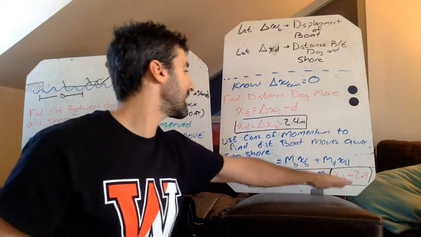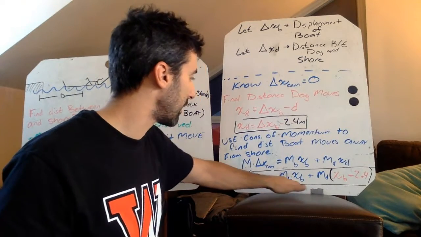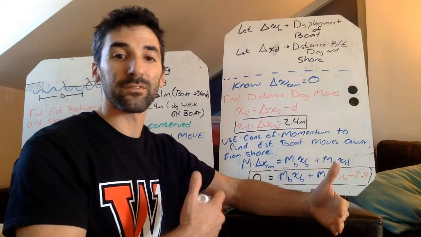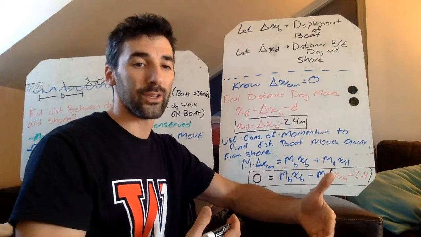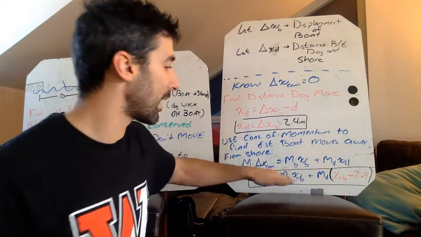So I'm finding the center of mass. What's changing is 0. I know the boat moves. I know the dog moves with respect to the boat. And I know that with conservation of momentum, the whole thing isn't going to move. That's why I can use this conservation of momentum theory. What I do here,